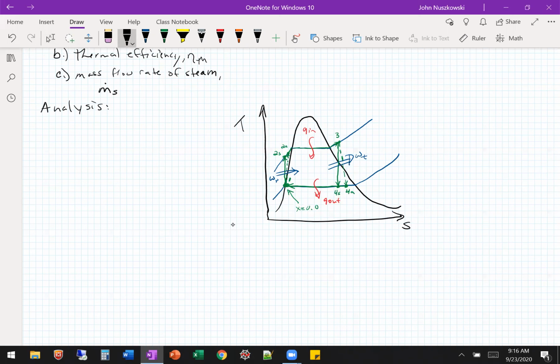Okay, so like state, then we'll have temperature,